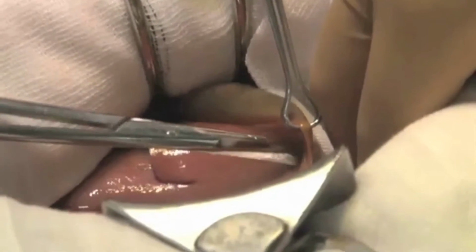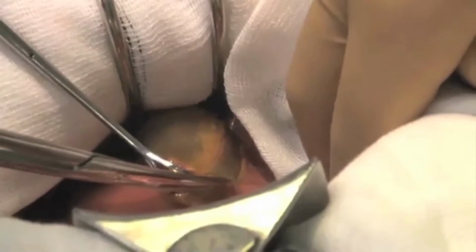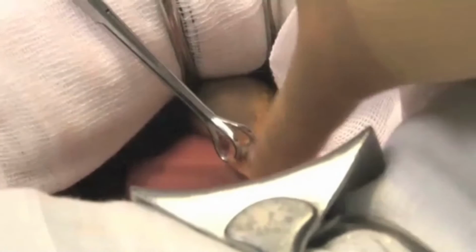So that's the cystic, and once you get the gallbladder developed coming away from the liver bed, oh yeah, there you go, we'll make the safer plane then. And there's this reassuring thing where you put a finger in, just try that, just ease a finger in and then feel the gallbladder separating, yeah. So the surgeon says at this point, there's this reassuring thing where you just put a finger in there and feel the...